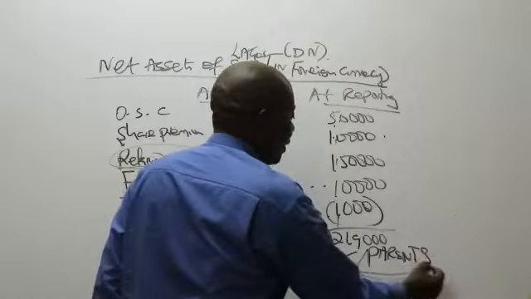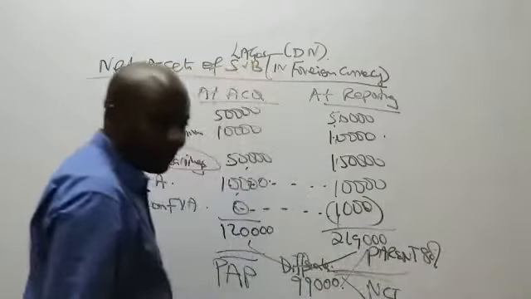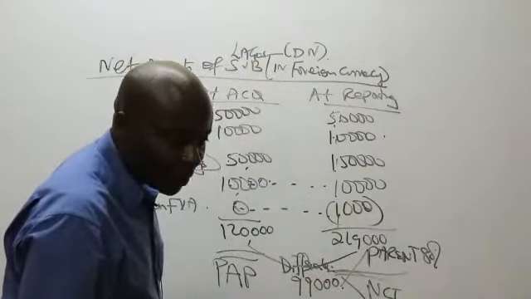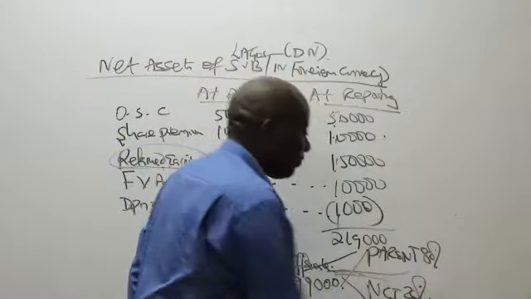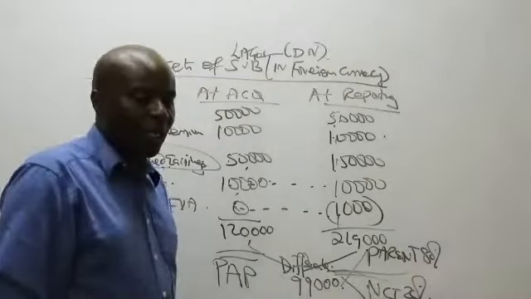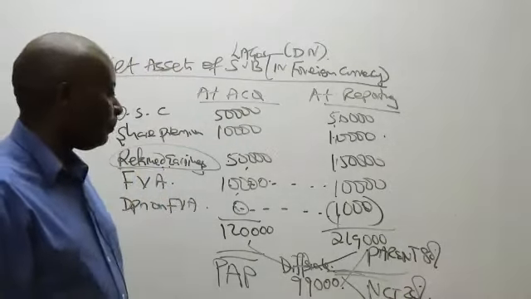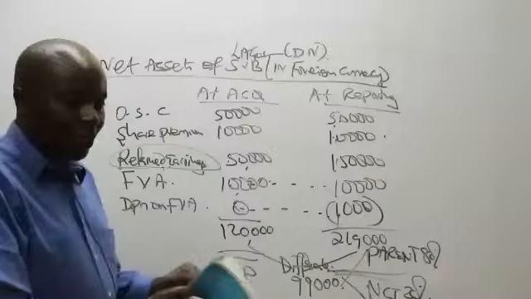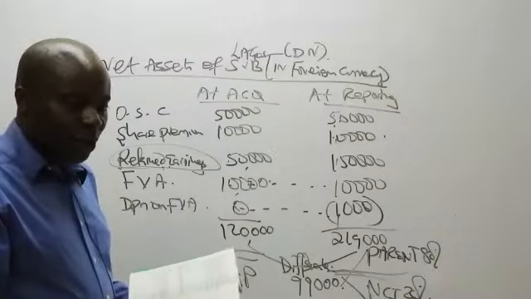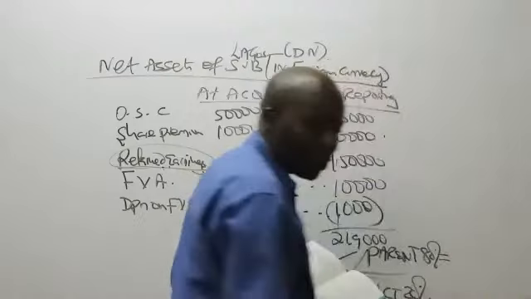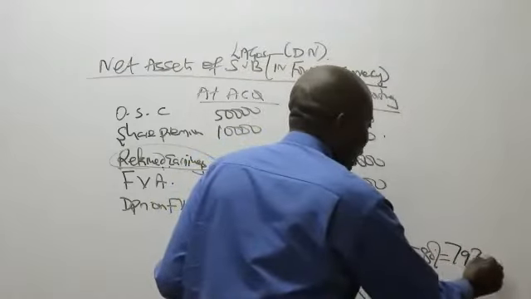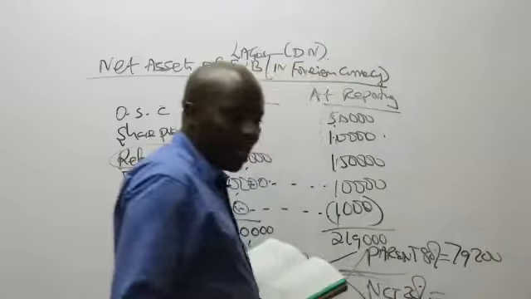Very important. Remember the parent was 80%, isn't it? And therefore NCI is 20%. Very important for me to know that. NCI is 20%. So we are at 79,200 for the parent, and then NCI